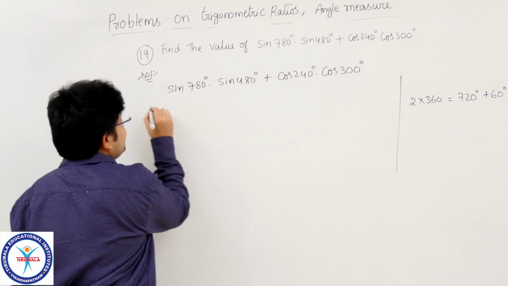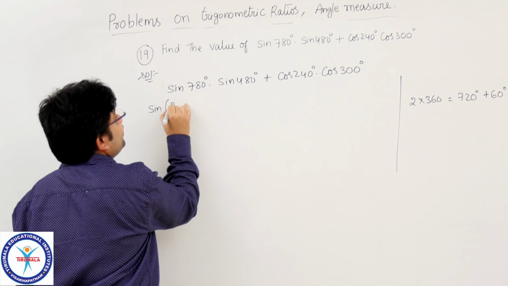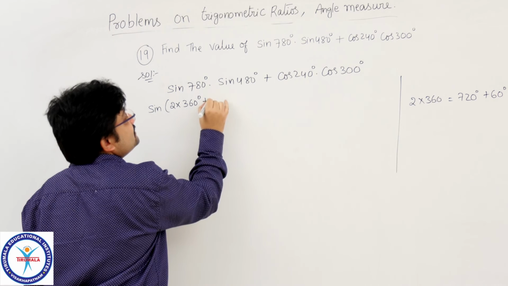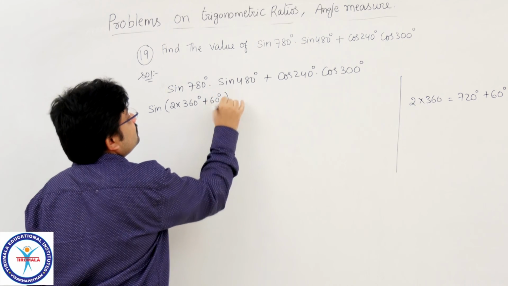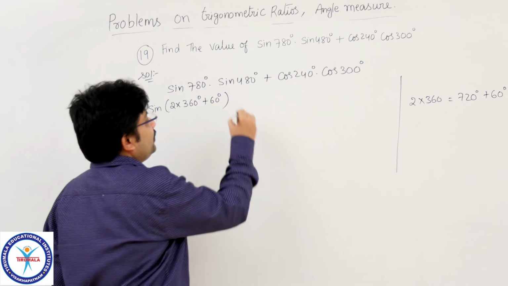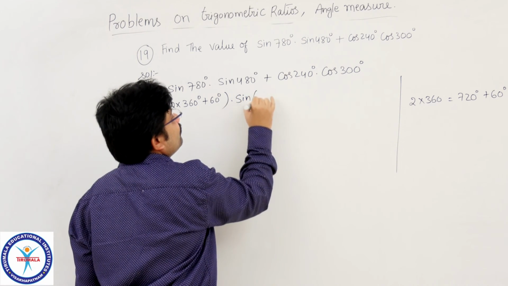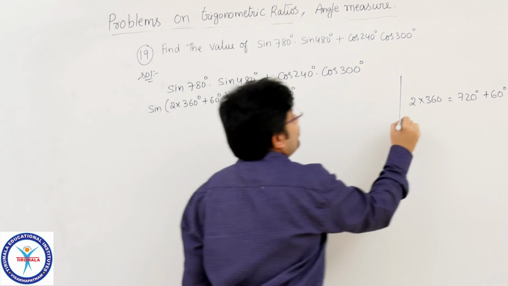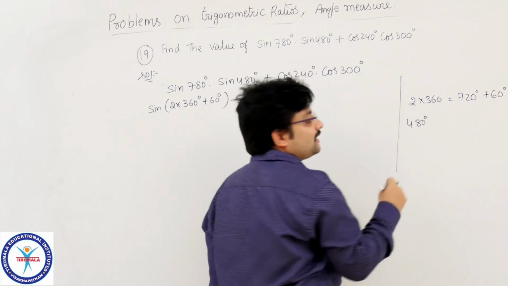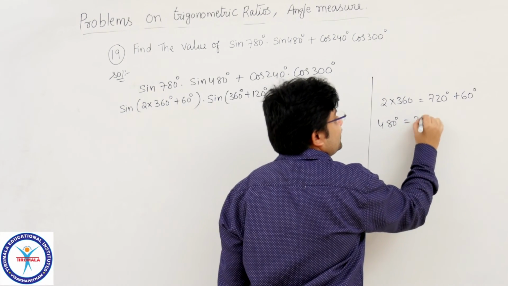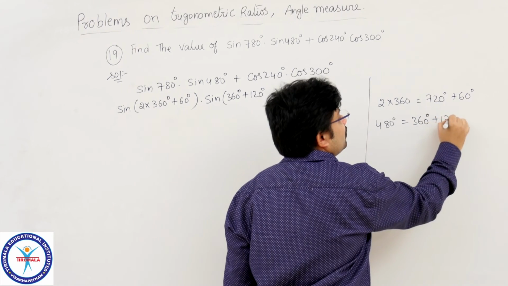So it can be written as sin of 2 into 360 degrees plus 60 degrees, that is a total of 780 degrees, into sin of 360 degrees plus 120 degrees. 480 degrees means it makes one complete rotation and an angle of 120 degrees, that is 360 degrees plus 120 degrees,